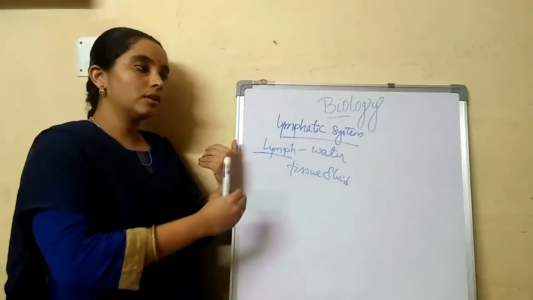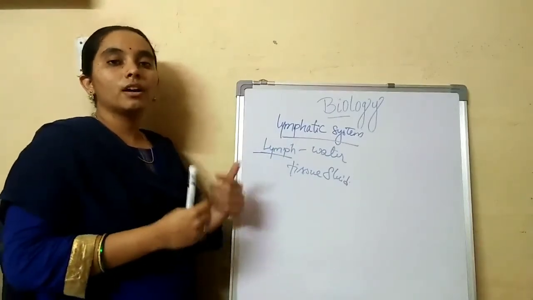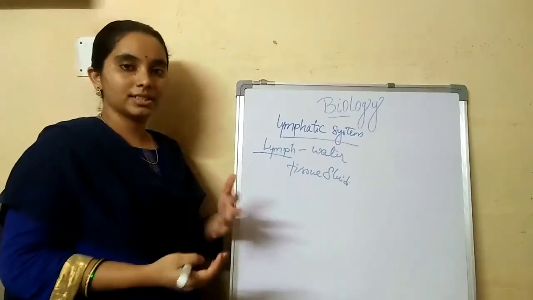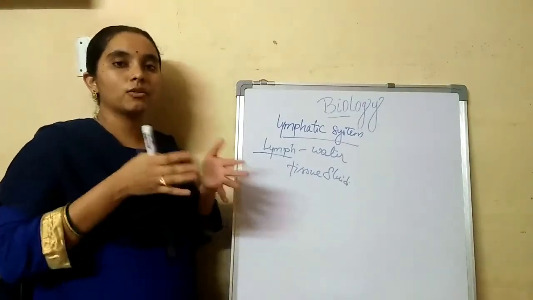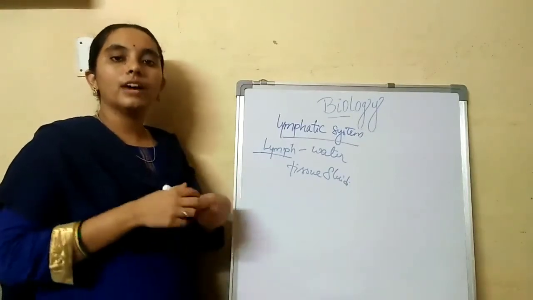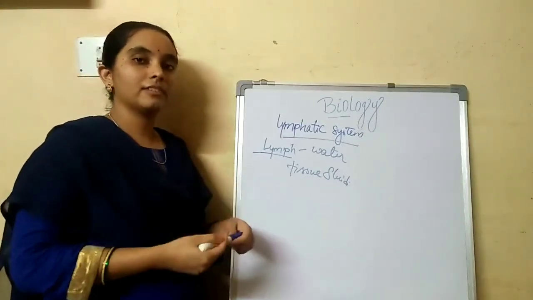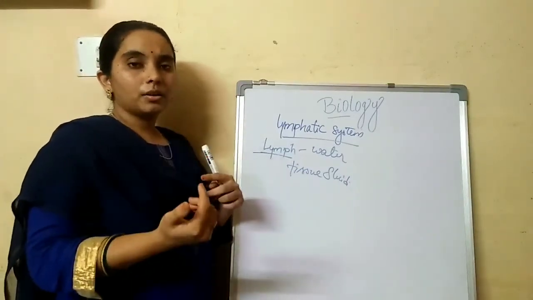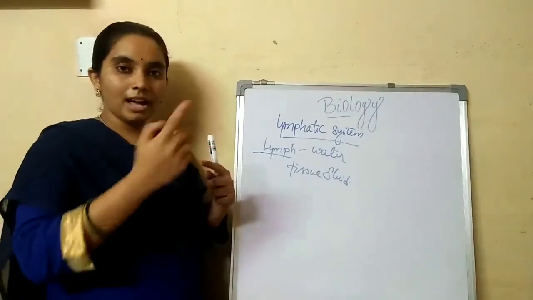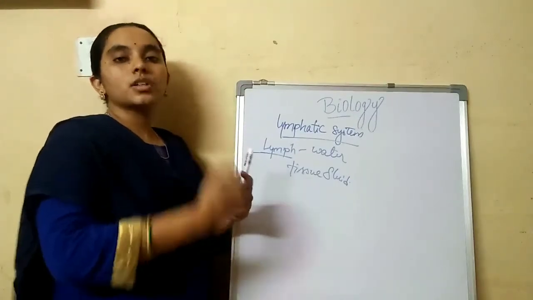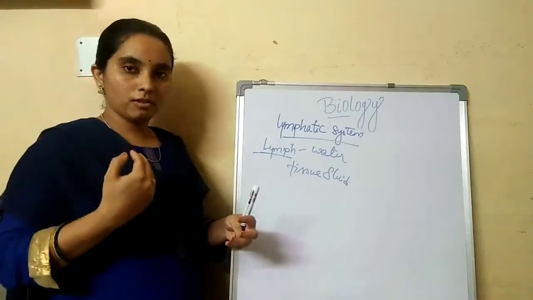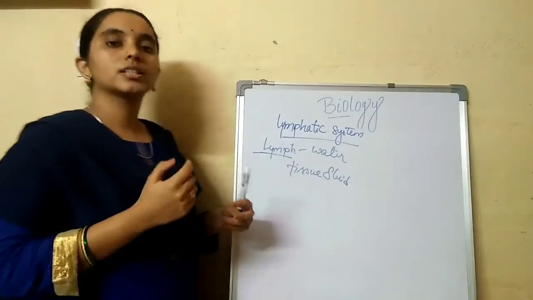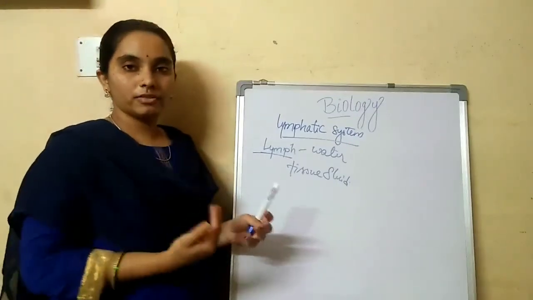So I already told you that when you sit for a long time, like when you travel in a bus or do long journeys, your legs will be swollen up. Why do your legs swell if you sit for a long time? This is because, like I already told you, veins contain valves which prevent the backflow of the blood. The same way, lymph vessels also contain valves which stop or prevent the backflow of the lymph.